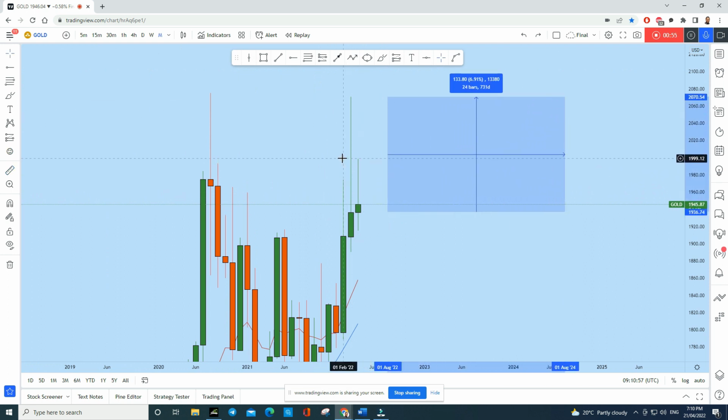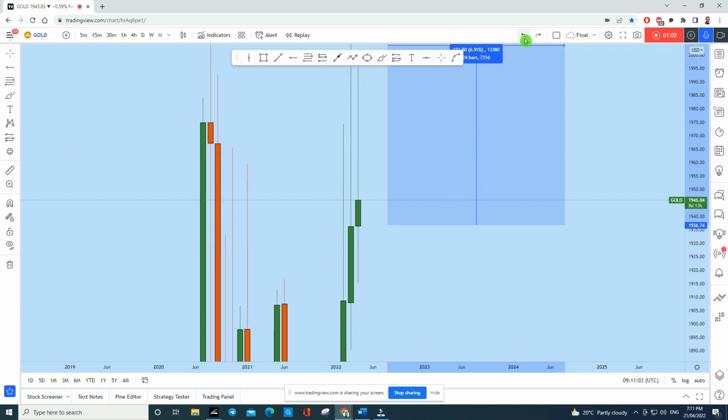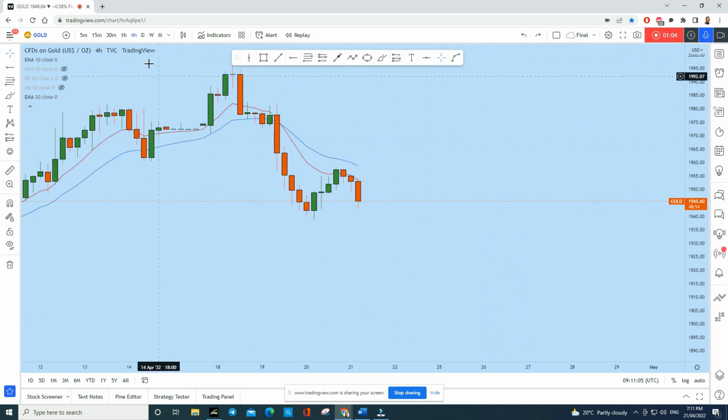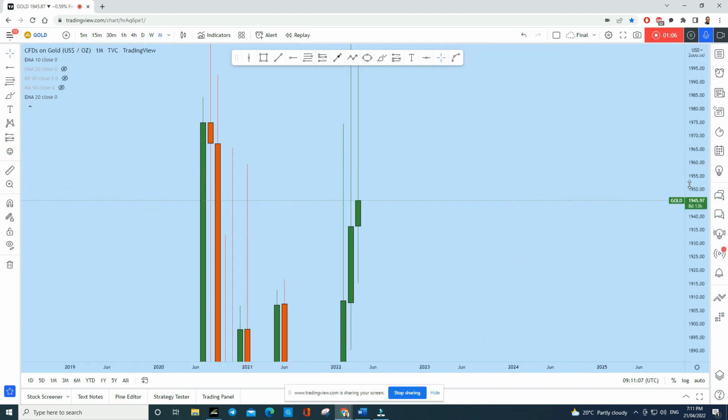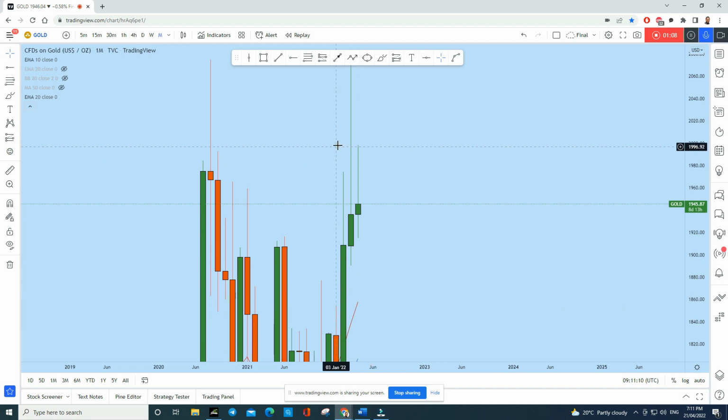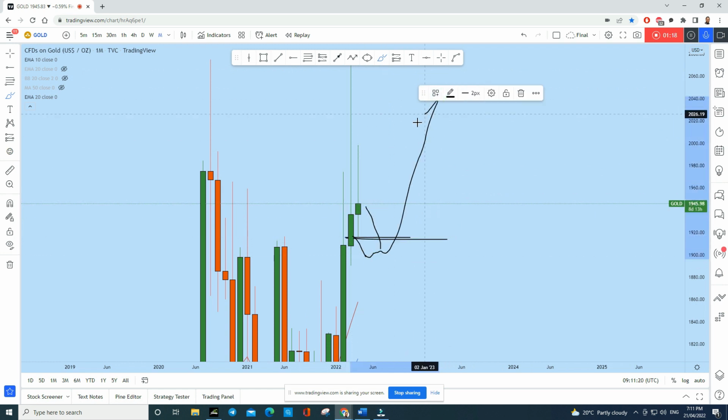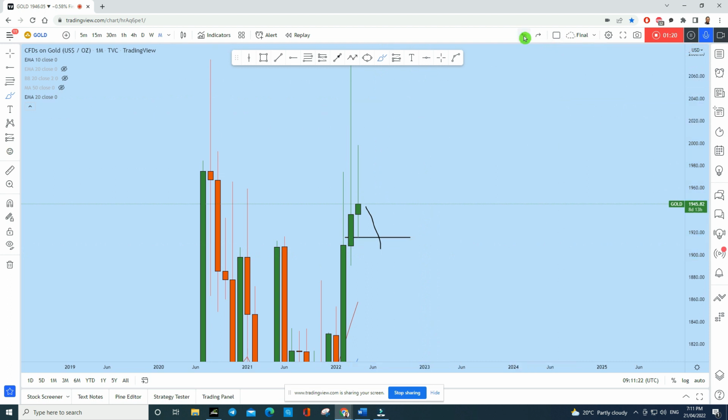If you have seen that, what did I say? That gold is likely to go up to this zone and then will drop. And we see that gold has done almost exactly that. If you see the monthly time frame, the price went to this level. Now we saw a drop. From here we might see a further drop on gold. We might see this monthly low broken, maybe coming to this zone and again rising up. That's how the market moves.